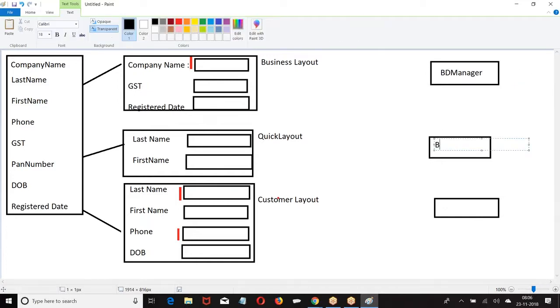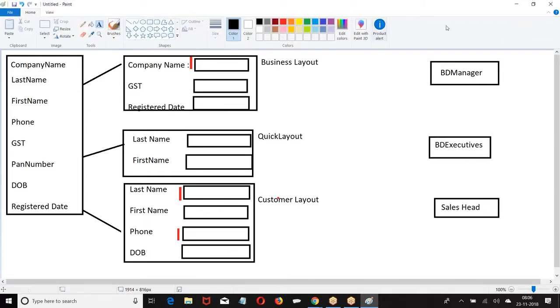Business development managers, executives, three different profiles we have. Now for this business development manager, I gave the creation option.